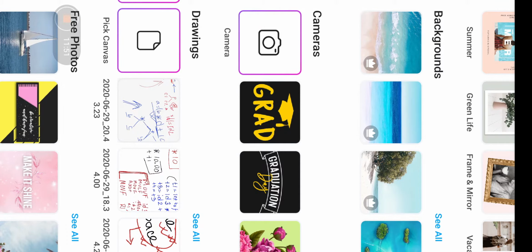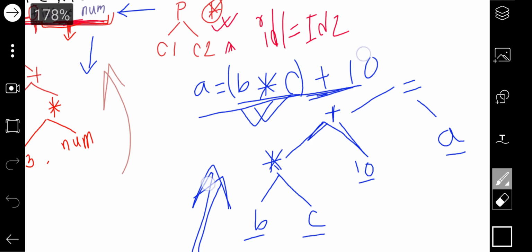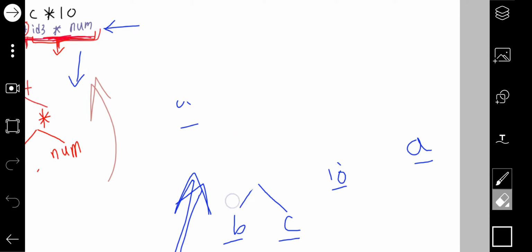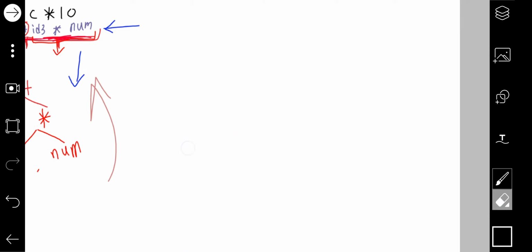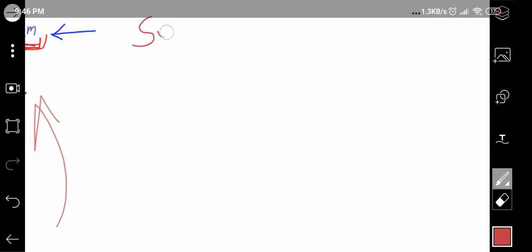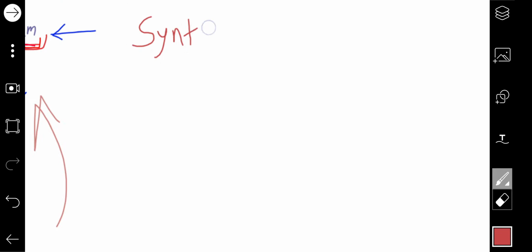So syntax works with the structure, but semantic works with the meaning.